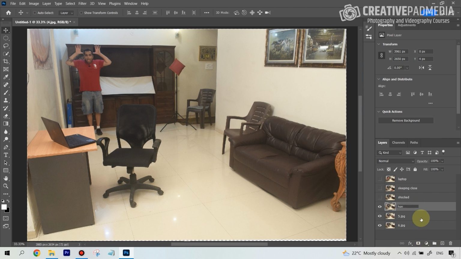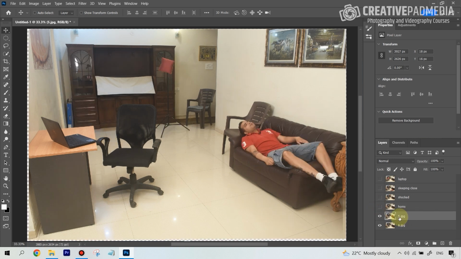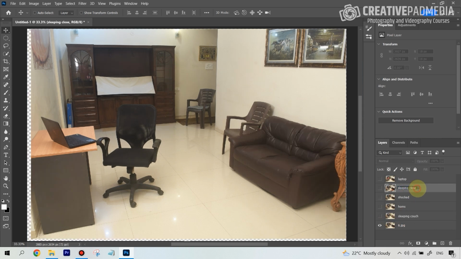So what's wrong with my spelling? Okay. And then let's call this sleeping couch. Okay, well, I could have called this sleeping floor, so no problem, doesn't matter. Actually, I'm going to do that. Sleeping floor, okay. And finally, this is the empty scene. This is kind of evident, but still, let's just call it empty, okay. So the empty layer is going to be at the bottom, okay, and the rest of the layers we'll just,